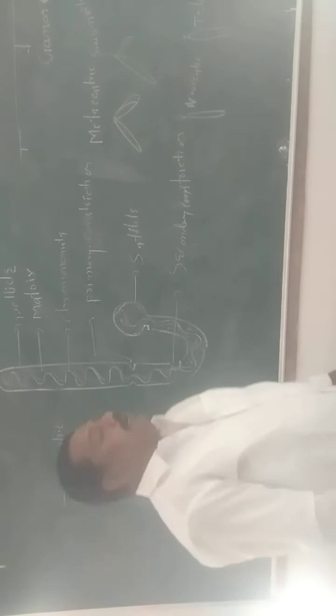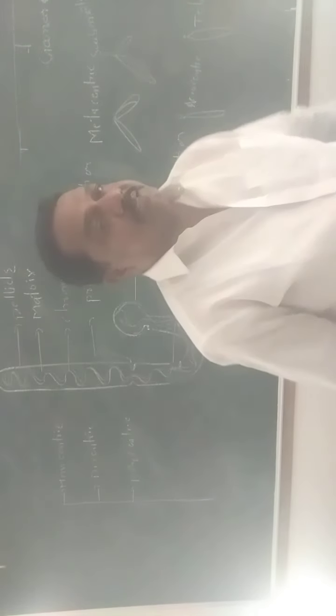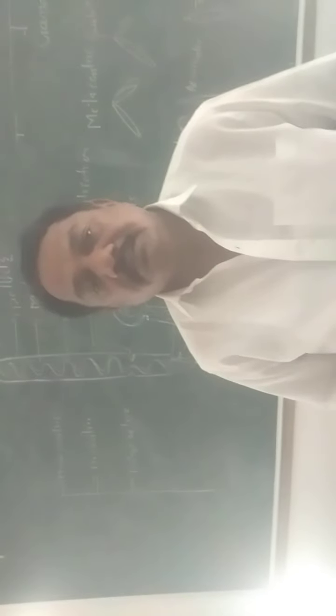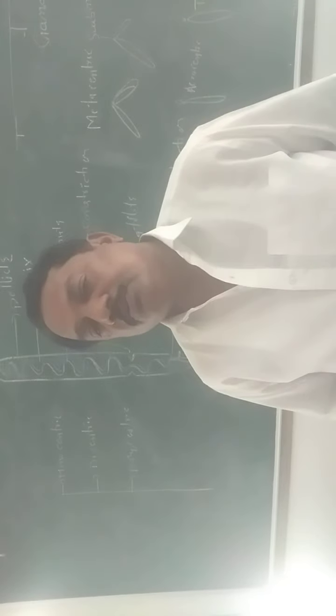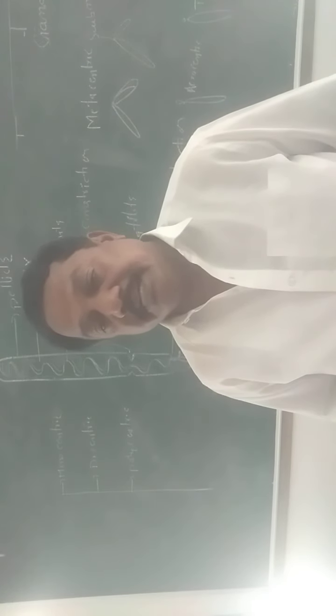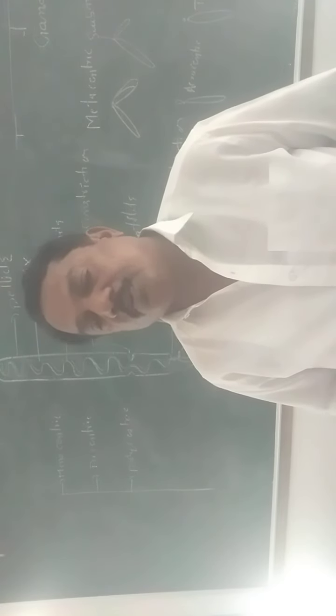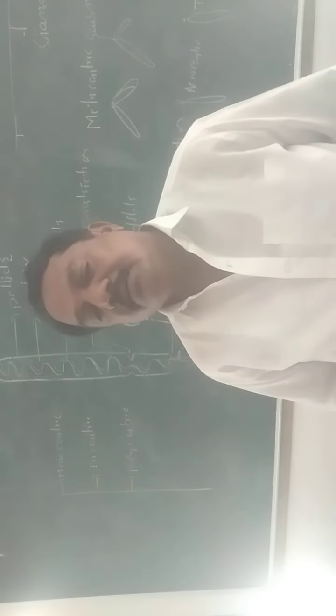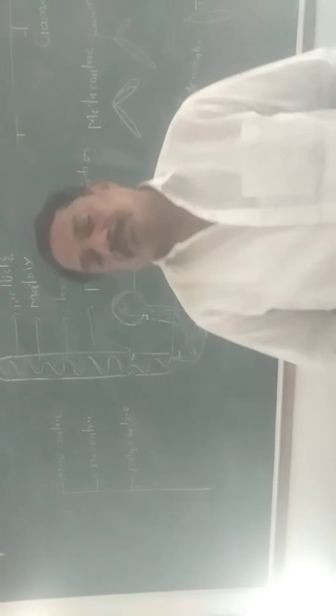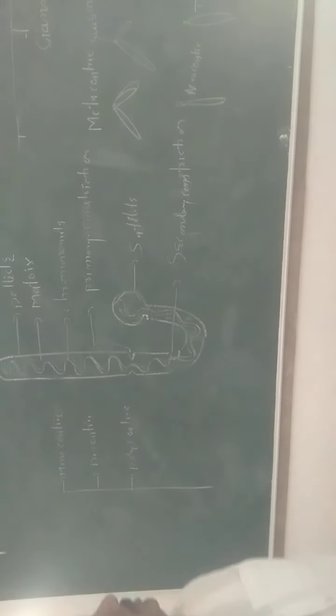Then, near the end of the chromosome, a small ball-like structure is present. It is called a satellite. The end of the chromosome is called the telomere. It is the last part of the chromosome, and it is not attached to any other chromosome. Like that, these are the parts of the chromosome: pellicle, matrix, chromonemata, primary constriction, secondary constriction, and satellites.